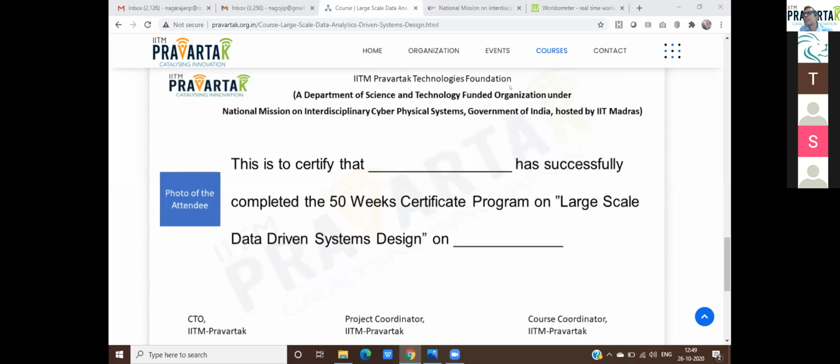Right. Any other questions? The certificate will be an e-certificate and also a physical certificate. We would like to actually have a convocation at the end, right? We'll try to invite some big person and give you a convocation talk. Okay.